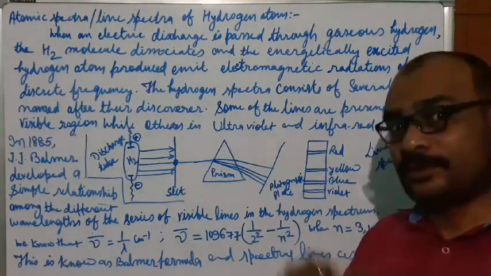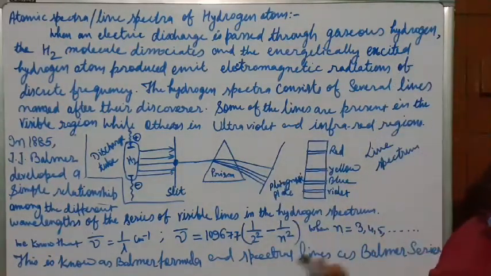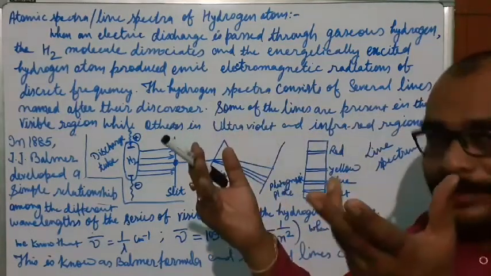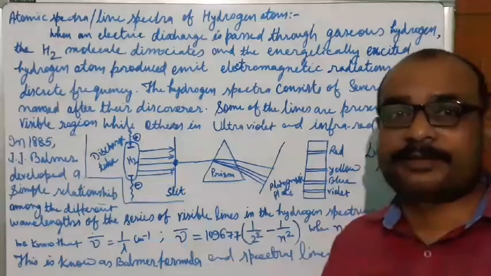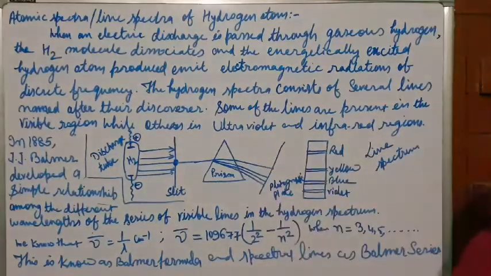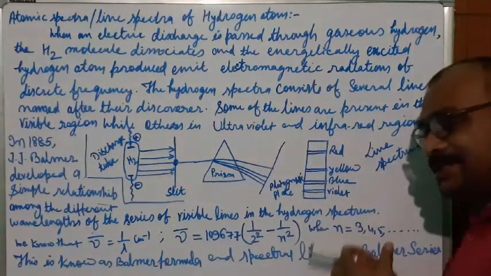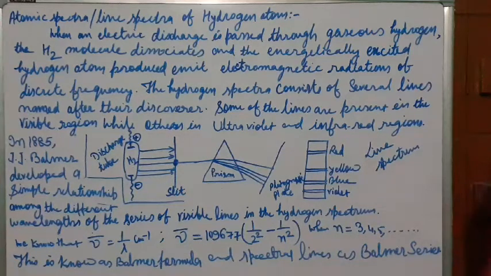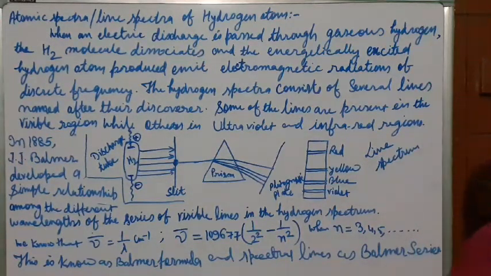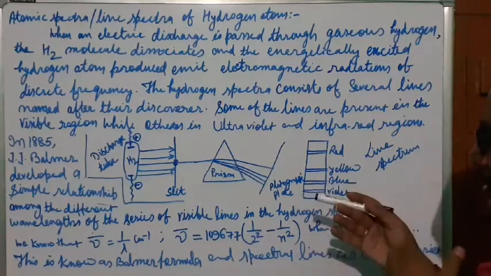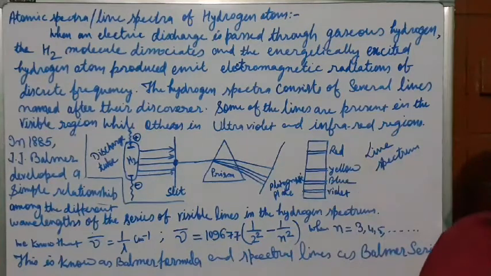But at that time, the only facility was to see with our naked eye. Even microscopes were not advanced. Nowadays we have so many things, but the moment it was discovered, those facilities were not available. Sophisticated instruments were not there. So with the naked eye only we were able to see it. That's why Balmer saw these things in the visible range only.